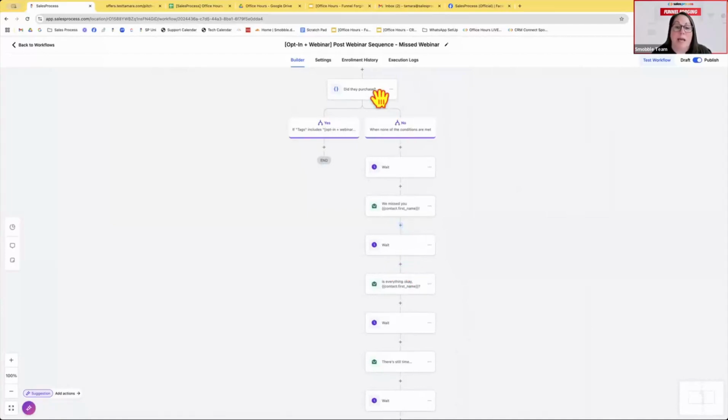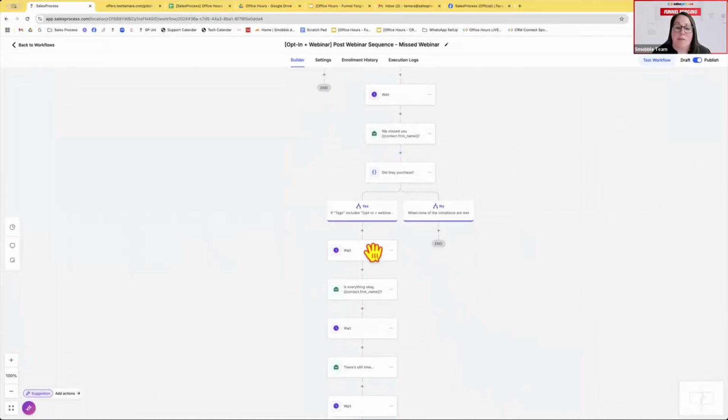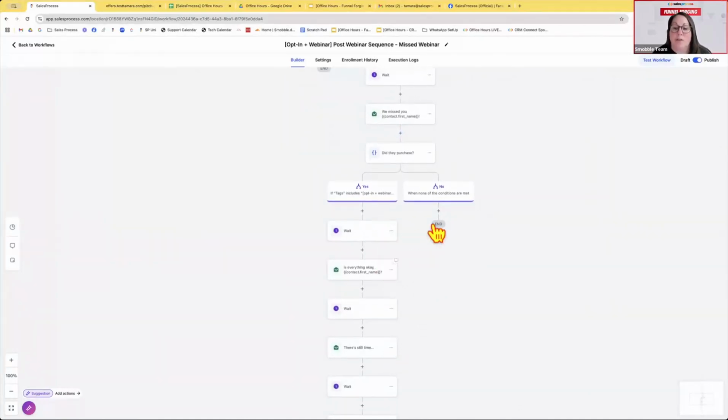But I would add, before every wait step, this condition in here to see if they had purchased after receiving the communication. So what I would do is copy this, just copy the action, and copy it right here. And each time you're going to have to move all of these over to the no column because they always go to the yes one. But you just move all those actions,